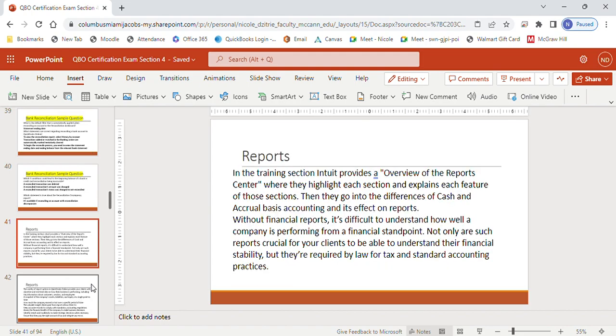The last section we go over in section 4 is reports. So in the training section, Intuit provides an overview of Reports Center where they highlight each section and explain each feature of those sections. Then they go into the differences of cash and accrual basis accounting and its effect on reports. That's kind of accounting 101, so I'm not going to go over that. But if you're not familiar with either one of these, make sure you get into the training section and go over those